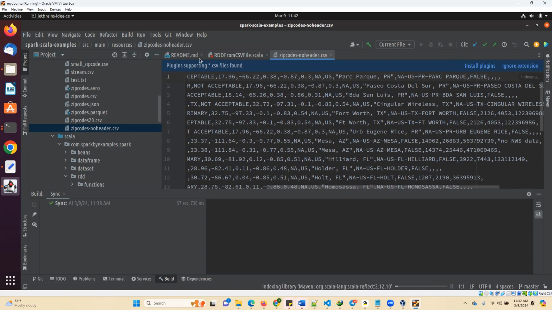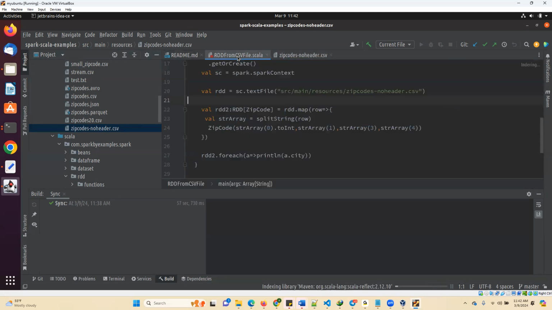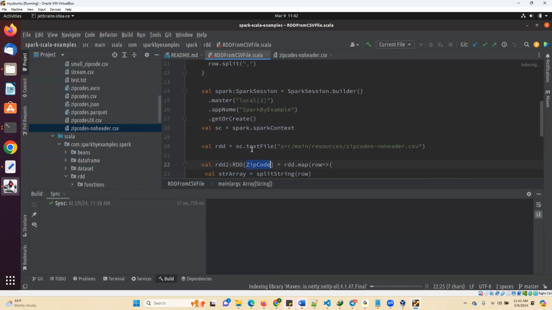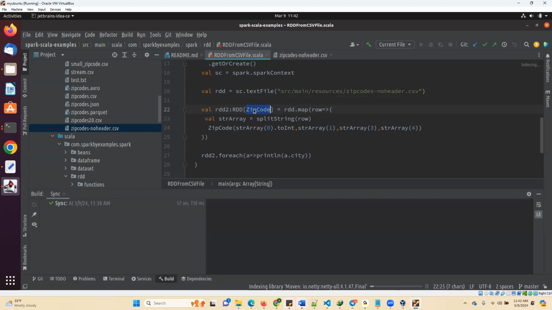From RDD2, they are making an RDD of the zip code type, and for whatever row they form, zip code is a class. So when you click on this,